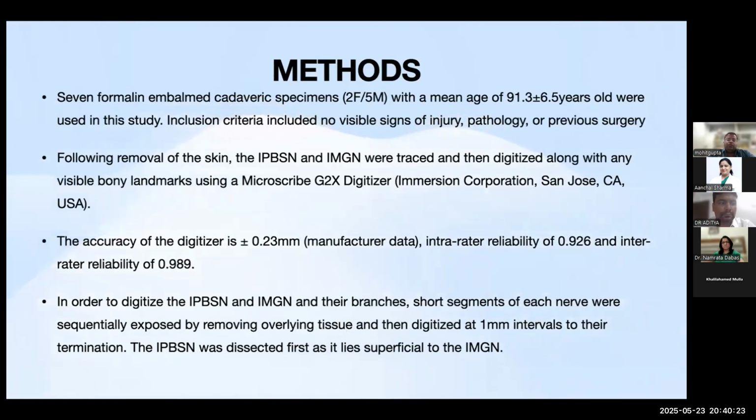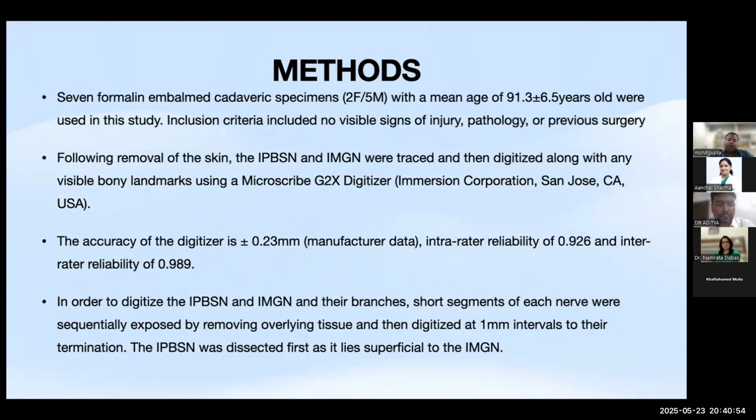The methods used were seven formalin cadaveric specimens, of which two were female and five were male, with a mean age of 91 years and a deviation of 6.5 years. The inclusion criteria included no visible signs of injury, pathology, or previous surgery. Layer by layer, following the removal of the skin, the infrapatellar branch and the inferomedial genicular nerve branch, their roots